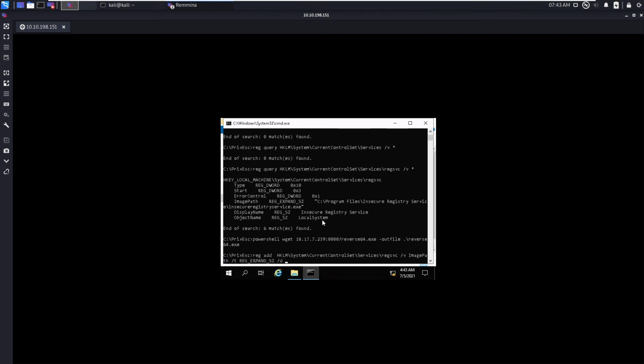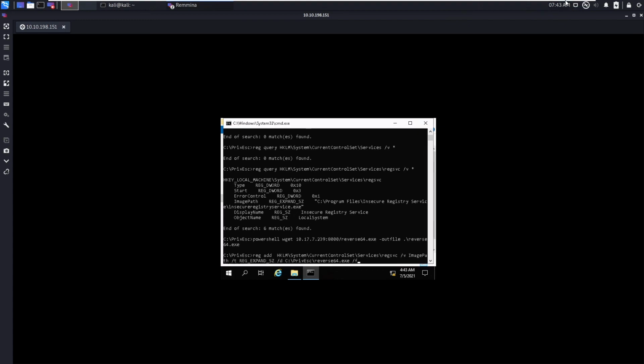/d is for the actual data, and /f is for don't ask for the prompt, just overwrite forcefully.